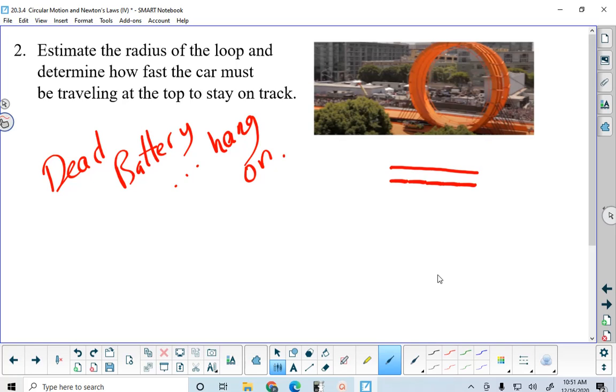Am I back? Okay. My battery in my mic pack